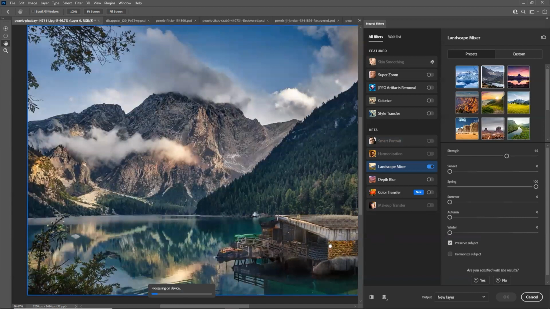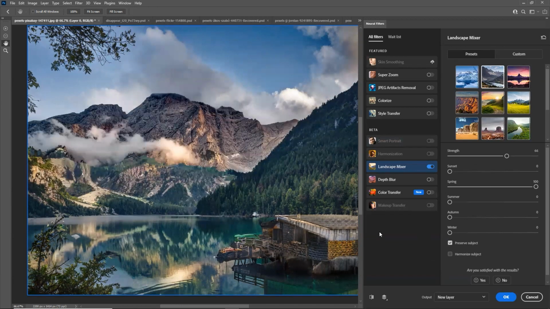If there is any particular subject over here, it will not touch the subject, and it will only change the background landscape. Again, like other versions of neural filters, you can have new layers for all effects.